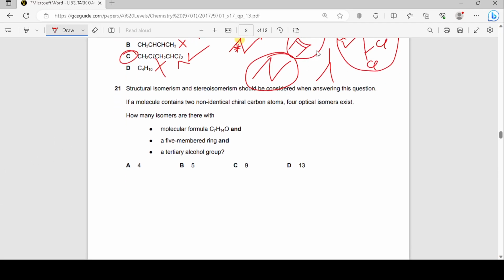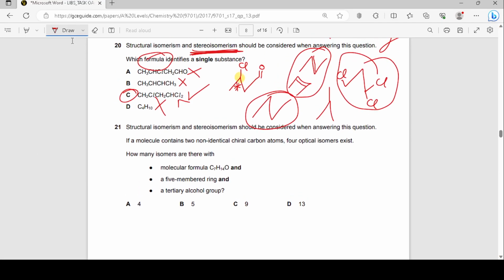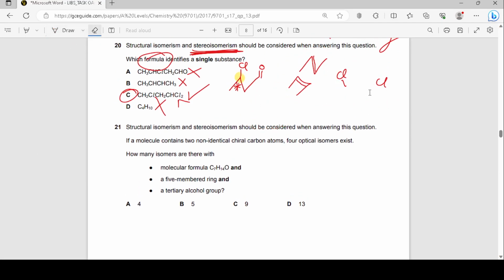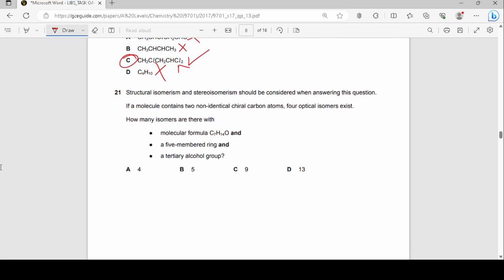Structural isomerism and stereoisomerism should be considered when answering this question. If a molecule contains two non-identical carbon atoms, four optical isomers exist. Okay, that's quite reasonable. I mean, 2 squared is 4, right? So yeah, 2 times 2 is 4. Anyways, how many isomers are there with the molecular formula C7H14O and a 5-membered ring and a tertiary alcohol group,